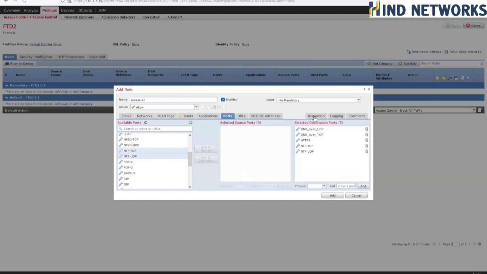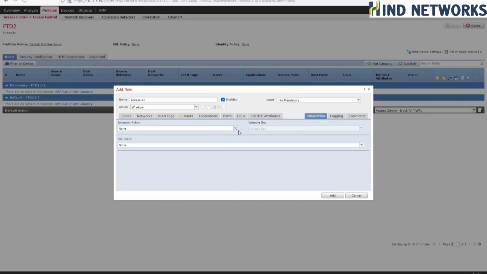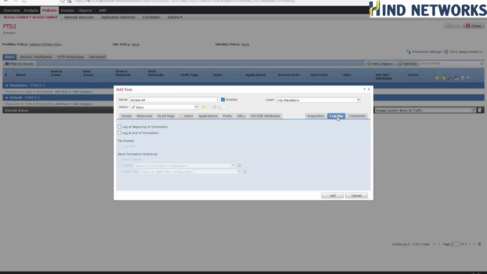Once this is done, we're going to go into the inspections and set up an intrusion policy. We're going to select balanced security and connectivity, which has the default value, default sets. Then we're going to go into logging, and since we don't have a syslog server, we're not going to put anything in. But in exams, if they say that you have to do something about it,